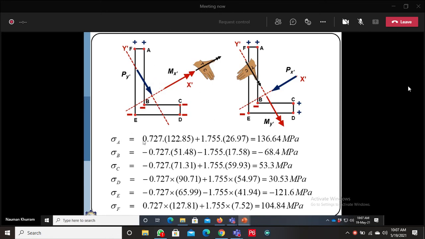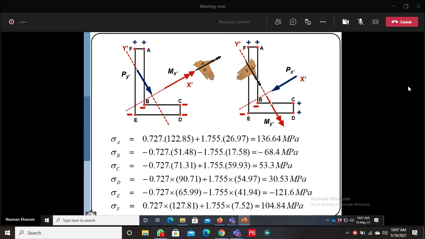So just see, I have substituted the positive sign with A and F, and I have used negative sign for all points B, C, D, and E because, due to the moment acting about X principal axis, they are undergoing compression. And this is the sign convention diagram for the moment acting about y-axis, because if the load is acting along x principal axis, then the moment is acting